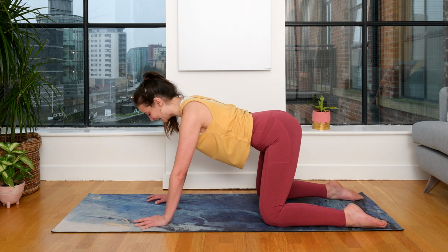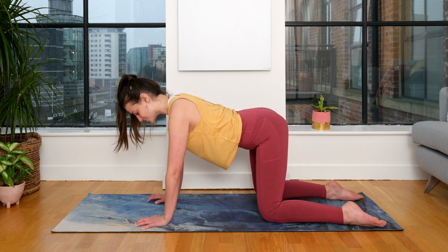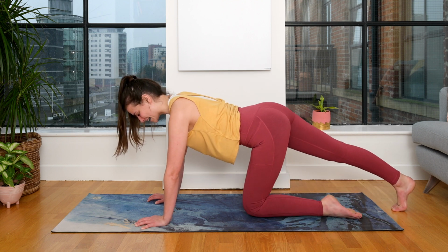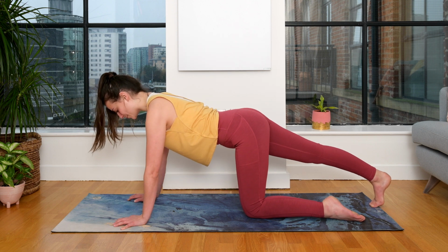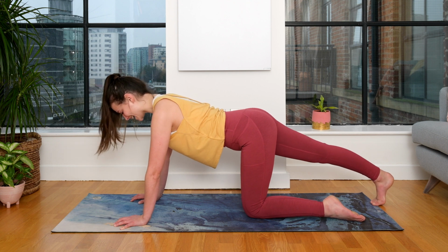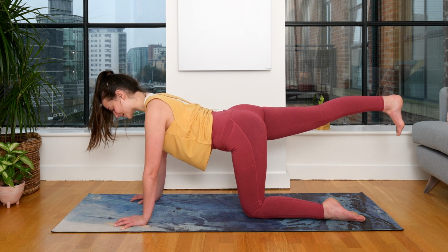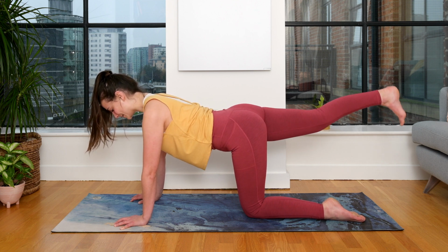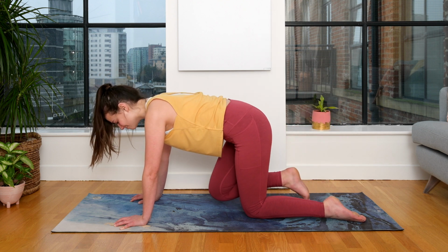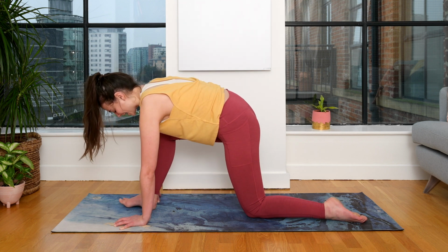Tabletop position, inhaling. Exhale, stabilizing yourself through your wrists and through your left knee. Extend your right leg back out behind you. We're wanting to keep our pelvis still, so really engage the core here. Pressing energy out through your right heel. Can you lift the right toes away from the mat? Breathe in. Keep the body still. Exhale. Can you squeeze your right knee towards your nose? Round the spine. Move slowly, move mindfully,